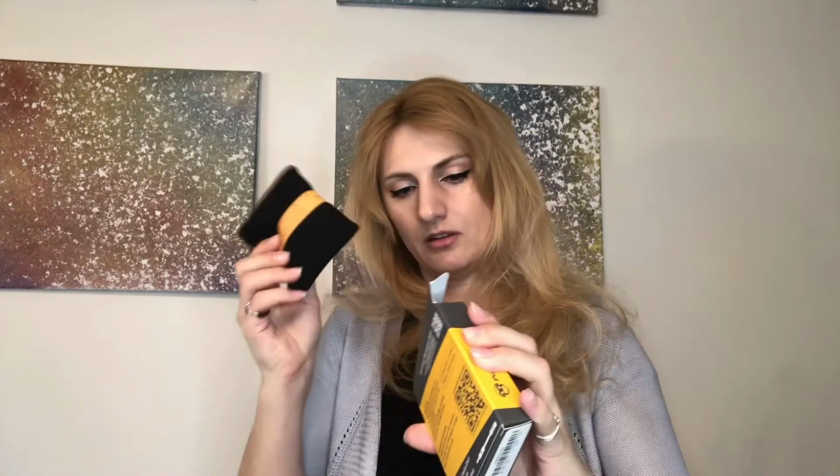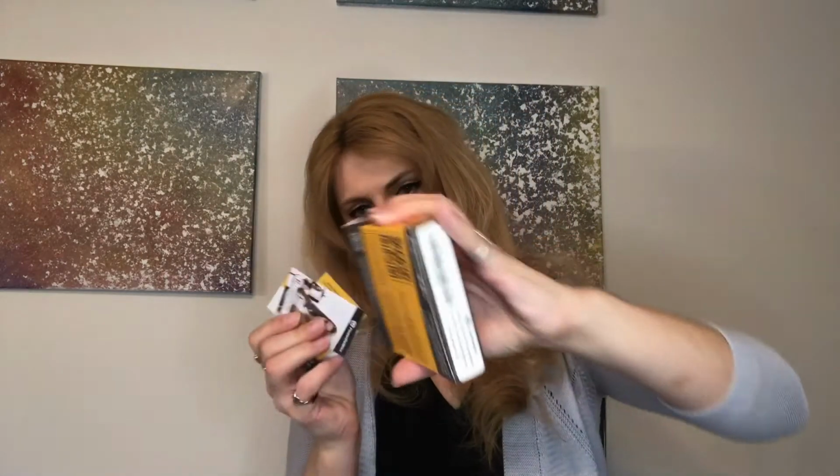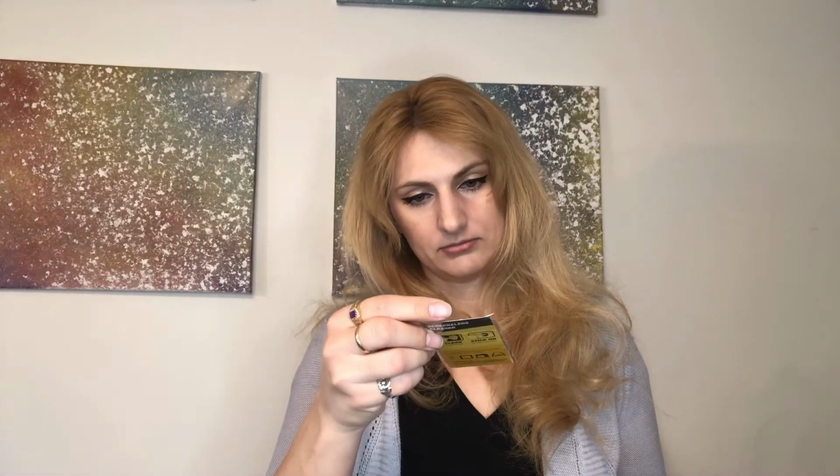Okay, so we're just going to open it up, and we have a little baggie and some cards, and that is it. Oh, a warranty card. That's nice. Comes with a warranty. A screen and lens cleaner. A stick-on screen and lens cleaner. Conveniently with their logo. That's so nice of them. And then what looks like a little to-do manual,